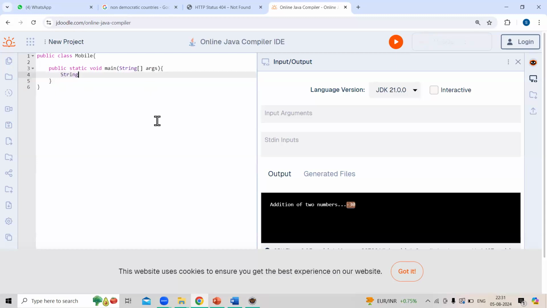And let's say I have a String brand of the mobile. You're all in the US, so we will use iPhone. Happy iPhone. Whatever is the version, I am not sure. Okay, let's display the brand. So System.out.println, and we will use "brand is". If you just use brand is and execute,